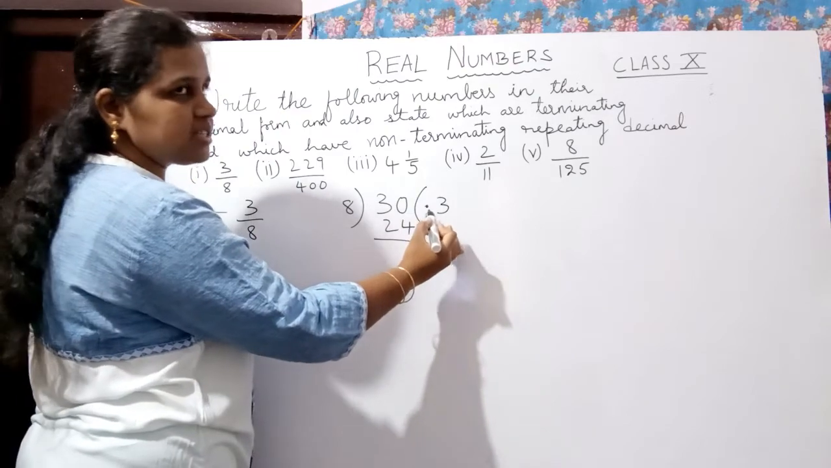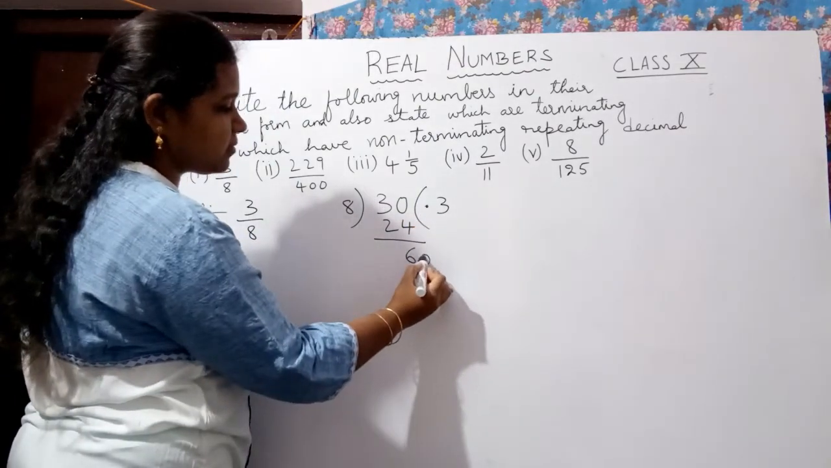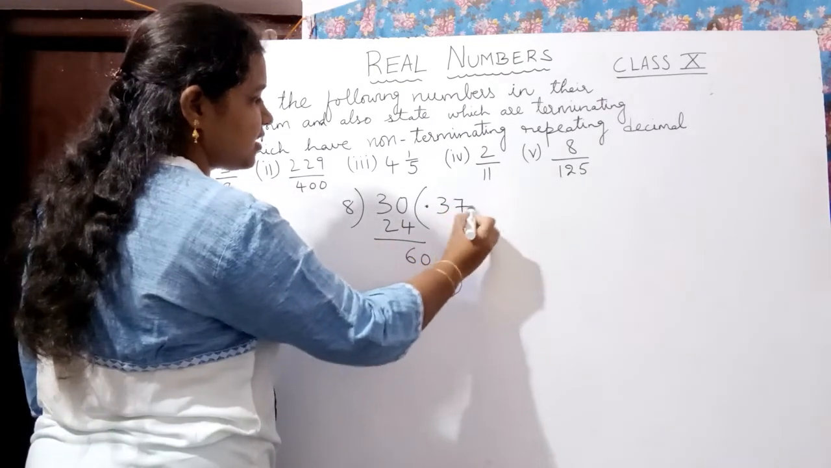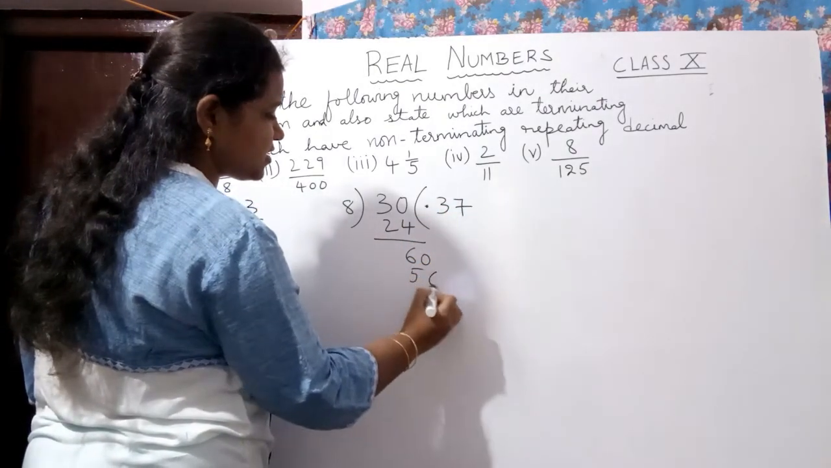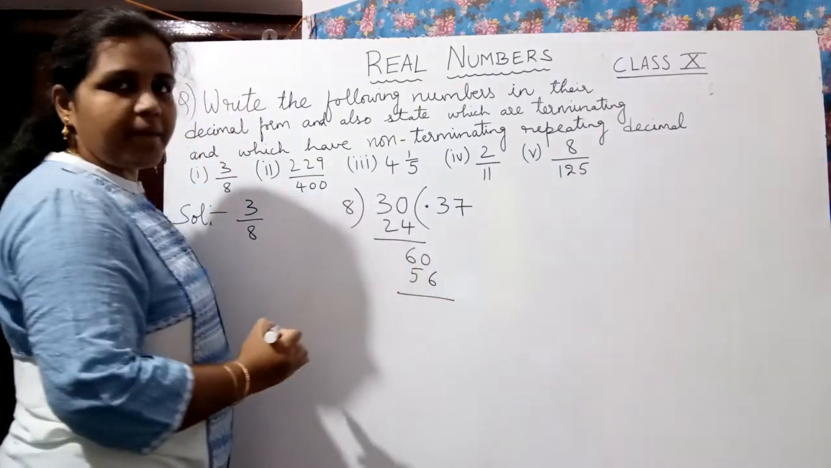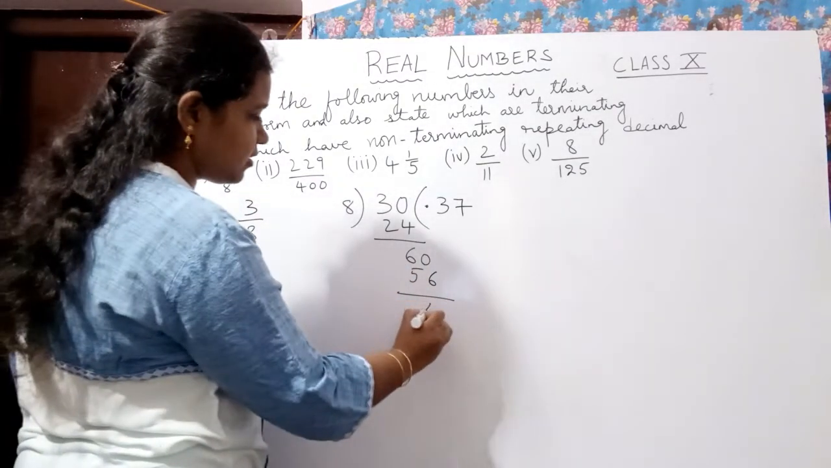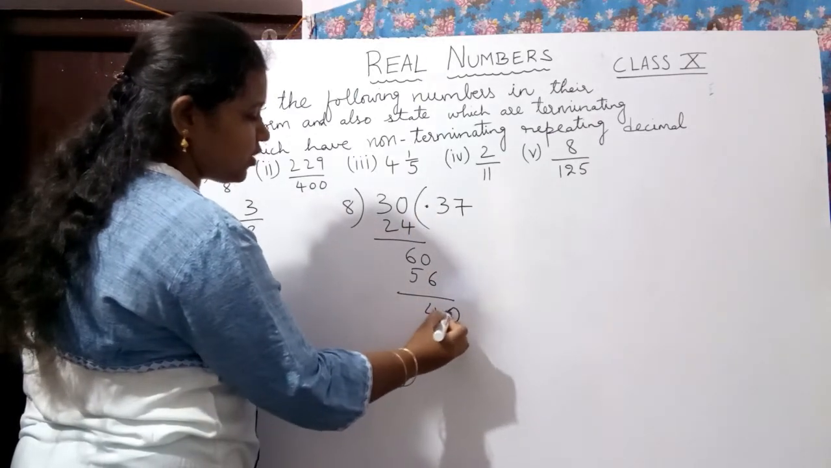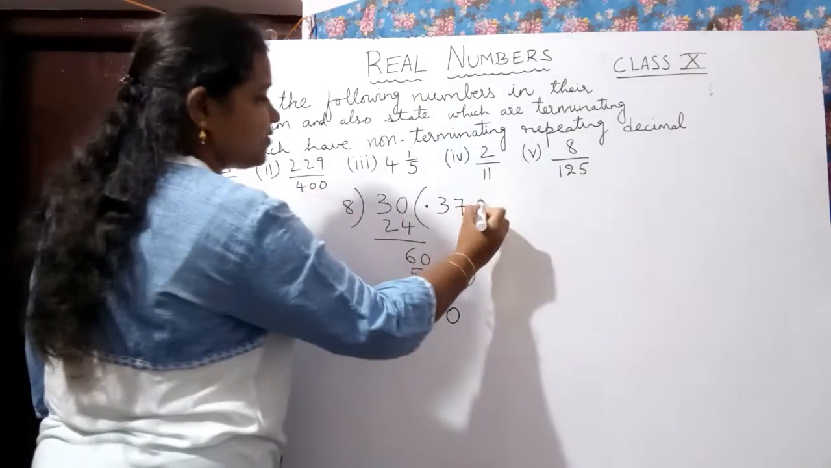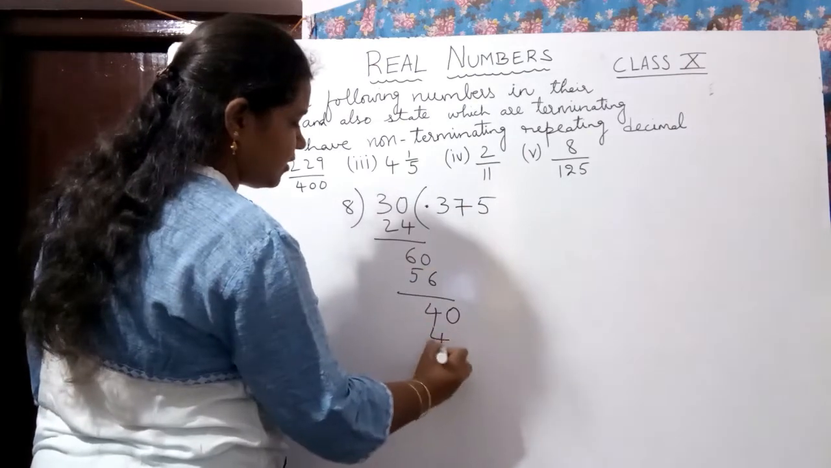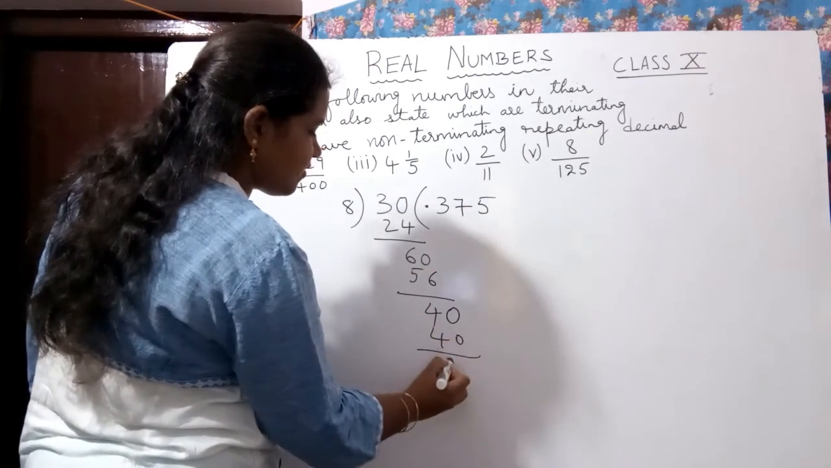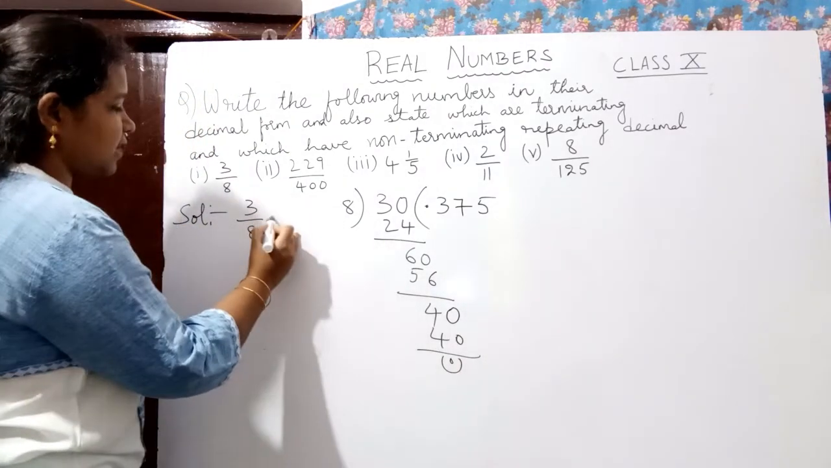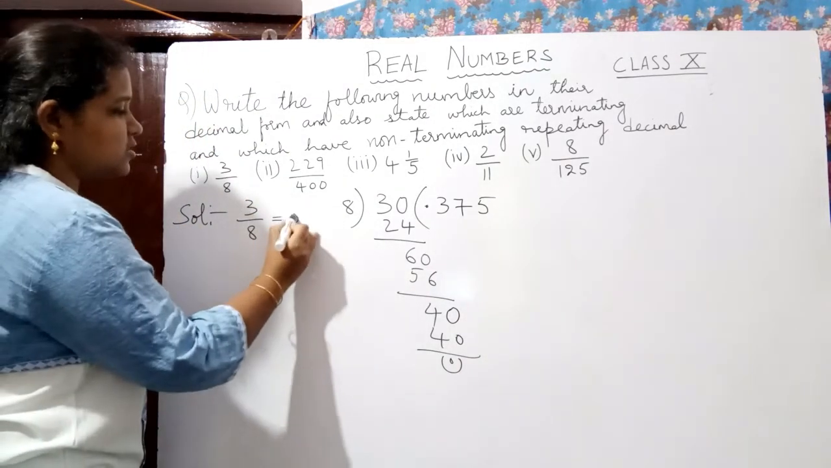Because I have a decimal point, I can put a 0 here. 8 sevens is 56. 60 minus 56 is 4. Because I have a point here, I can put 0 here. And then 8 fives is 40. So we can write 40 minus 40 is 0. So we can write 3 by 8 as